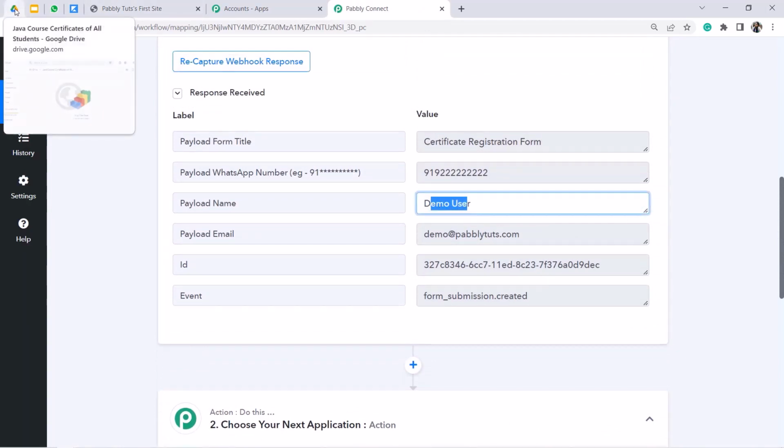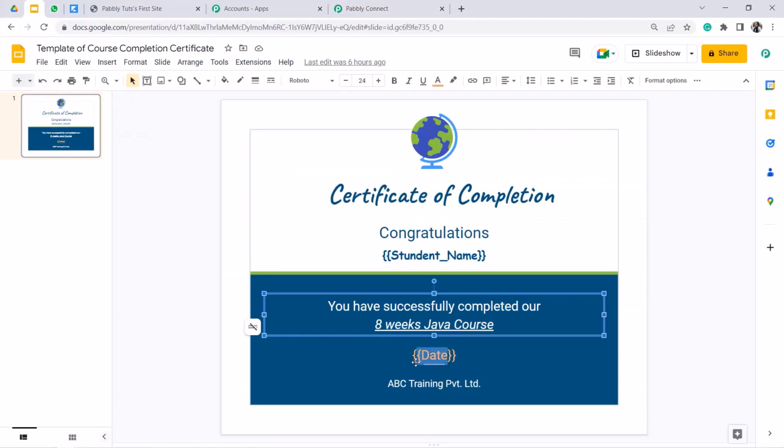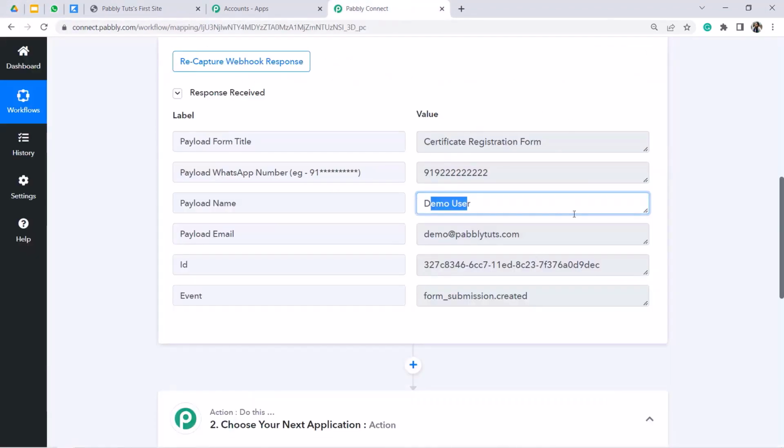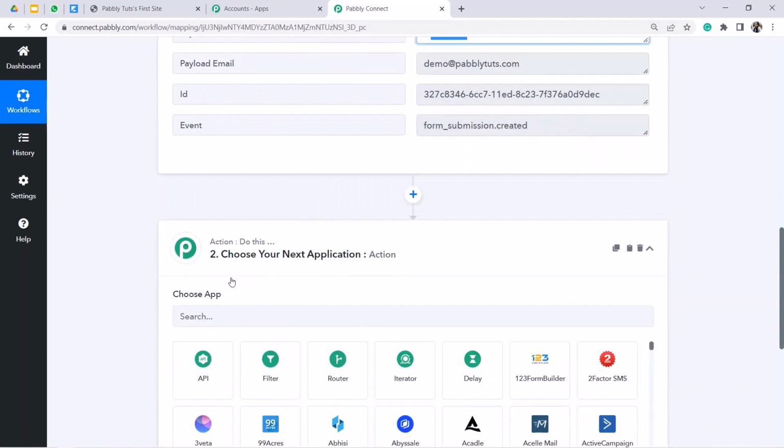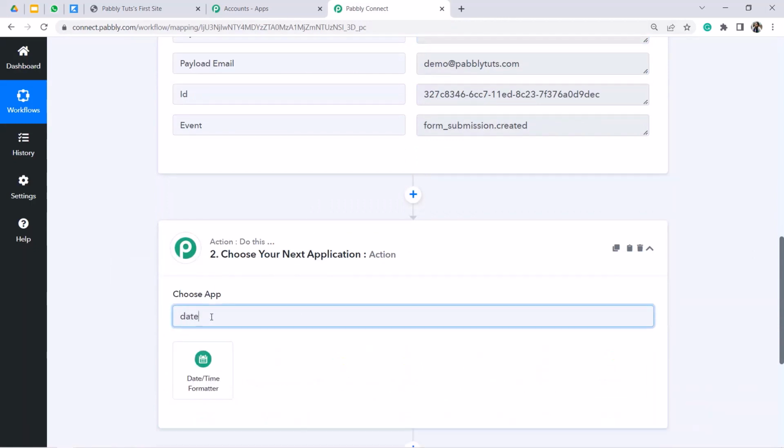Now I also need this date as well. So from where I'm going to receive this date? Let us check whether we have received any date along with the form submission. No, I have not actually received any date. So for that, before I actually select the Google Slides, here I'll have to fetch the date, and I am